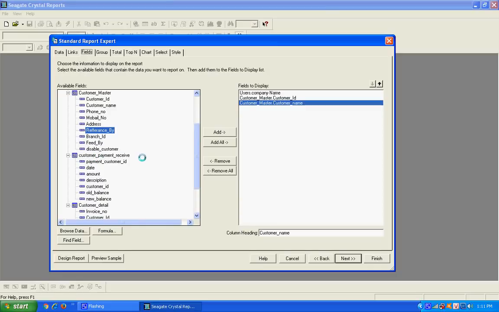Now we are going to customer payment receive, because our calculation totally depends on the customer receive amount. We want the top 10 customers, the ones who give us the most payment. These are our top customers. If Robin gave us $50,000, he is the best one, and if Robin gave us $4,500, he is the second one.